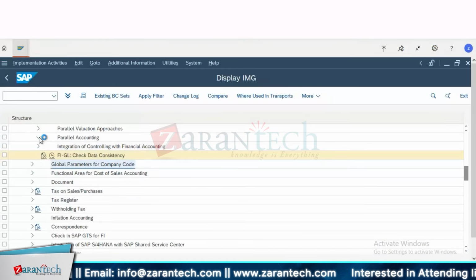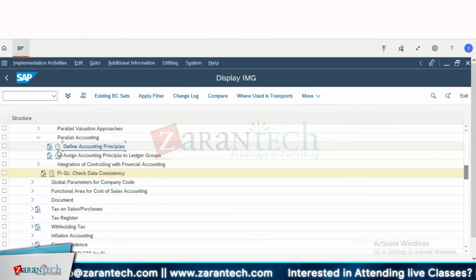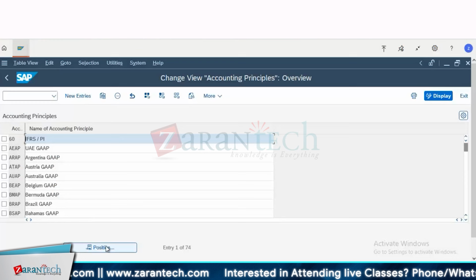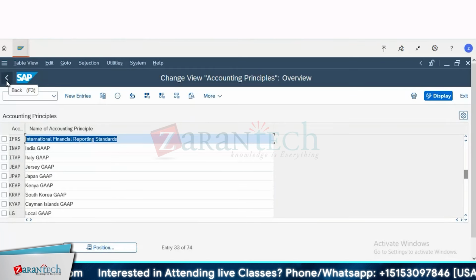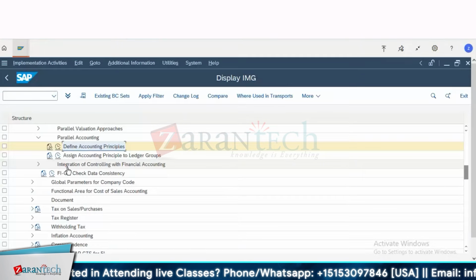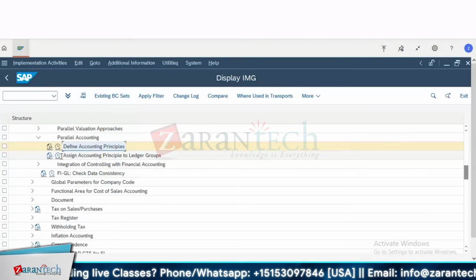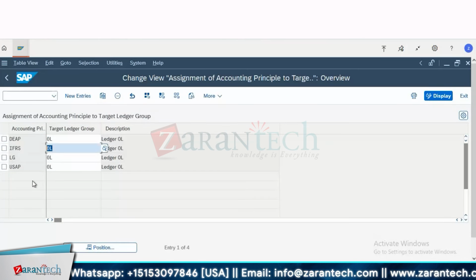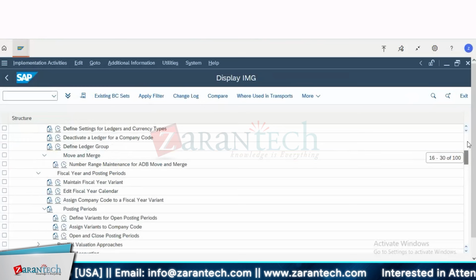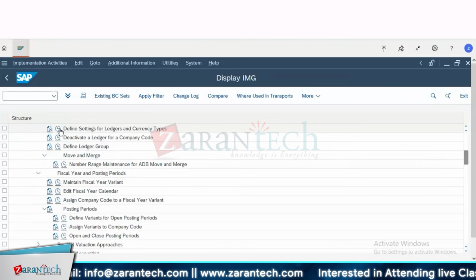Parallel accounting. Define accounting principle. Then assign the accounting principles we define here. In the next step we assign them to the particular ledger. So wherever we assign those ledgers with the accounting principle, those will be allowed. You could see IFRS is assigned to 0. When we tried to assign accounting principle IAS, we got a warning message in this step, if you recall. Because these settings you need to complete,